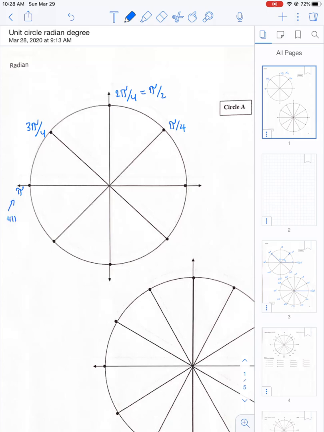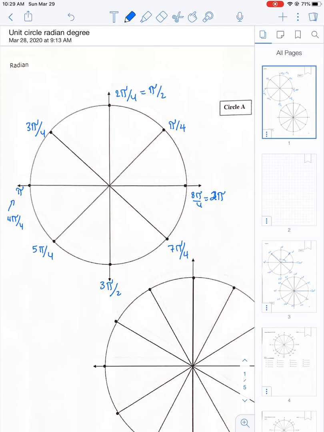And does it make sense that this would be 4 pi over 4, or when reduced, just pi? 5 pi over 4, 6 pi over 4, which when you reduce is 3 pi over 2, 7 pi over 4, and finally 8 pi over 4, which when reduced is equal to 2 pi. And we can keep going with this. That's 1 full revolution, but if we go past that revolution, then what we start talking about is